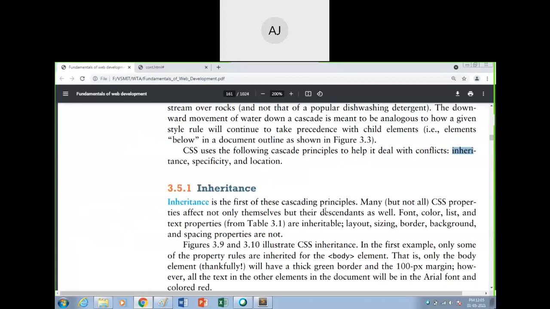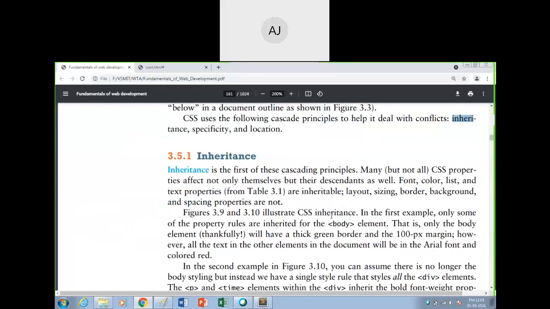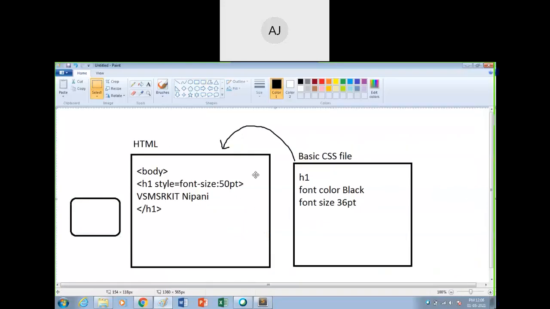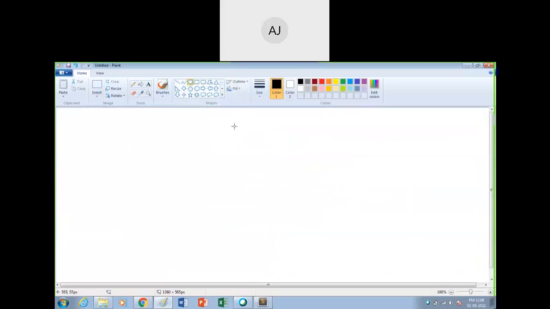Now for inheritance. What does inheritance say? The base class will be given the first priority over the derived class, as expected. You will listen to your parents first, then your uncles, grandparents, and so on. Yes or no? This is the inheritance concept. For example, the body is the root. Let us draw this image so it will be clear. There are some trees, so this is one of the trees.